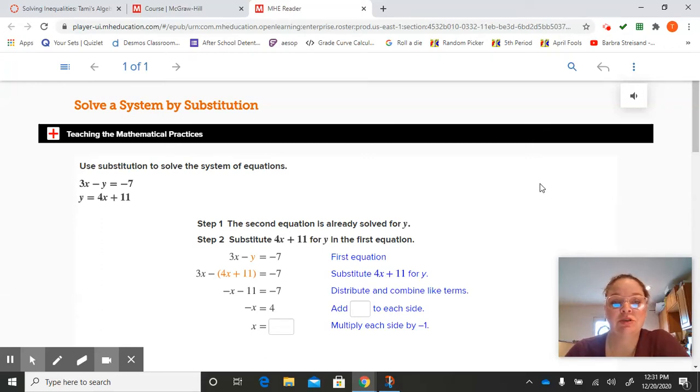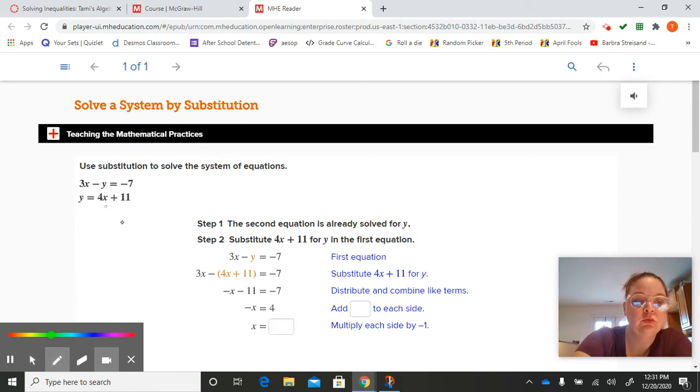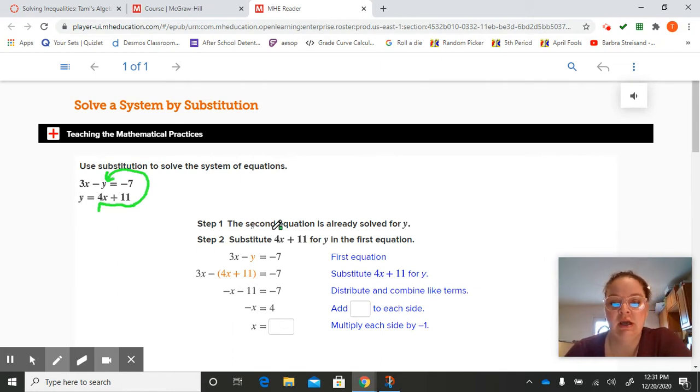Solving systems using substitution. When you see a system of equations and one of the equations is already solved for a variable, this is a sign that you should use substitution. Because what you can do is take this entire equation, 4x plus 11, and put it into the first equation. It makes it really easy to solve for one of your variables. And then you just plug that variable back into your first equation again, resolve again, and you get your set